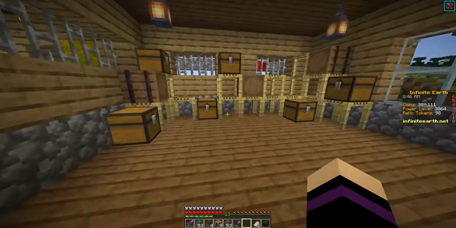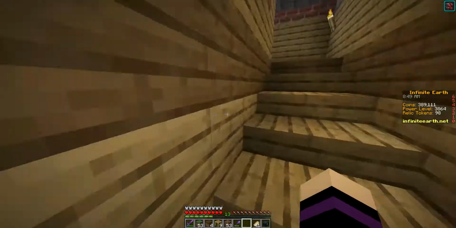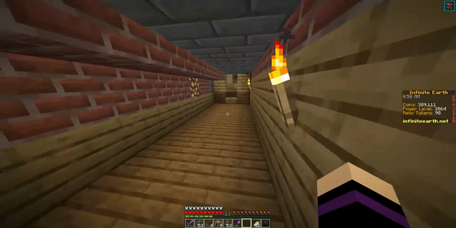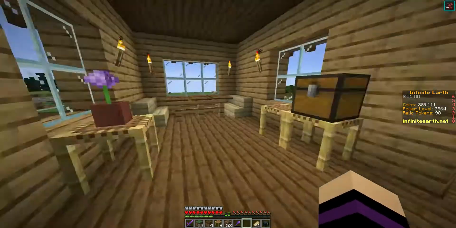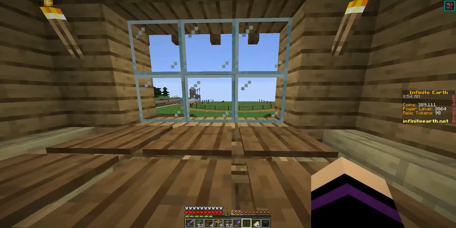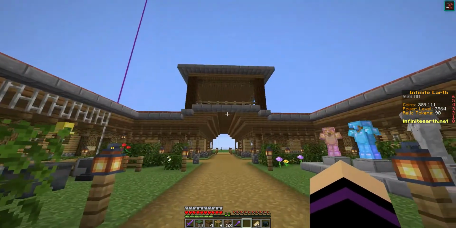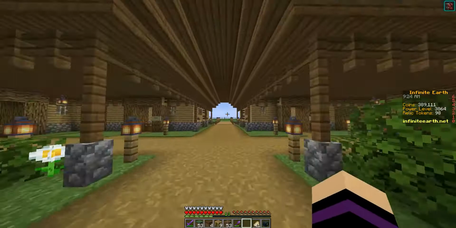And I've just done a couple of storage rooms at the sides here. I wasn't too sure what to do in here, but I think that's okay. And this is a little way up to the clubhouse. And you get to overlook the racetrack, which we'll take a look at now. Let's go and see what this racetrack looks like. So you just go through this archway,